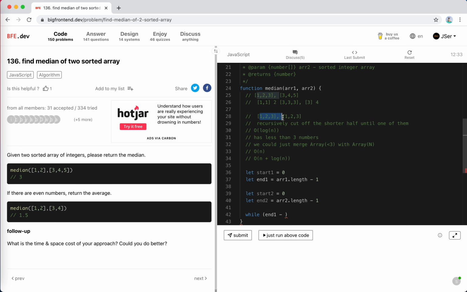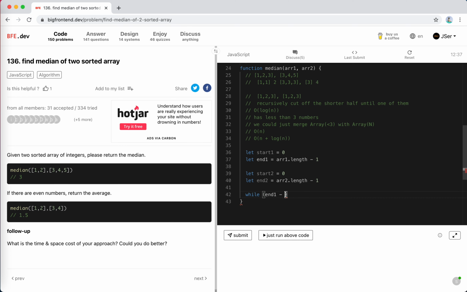We stop when one of them has less than 3 numbers. So 0, 1, 2, it should be 2 as the difference. So while end1 minus start1 is bigger than 2, and also end2 minus start2 is bigger than 2,